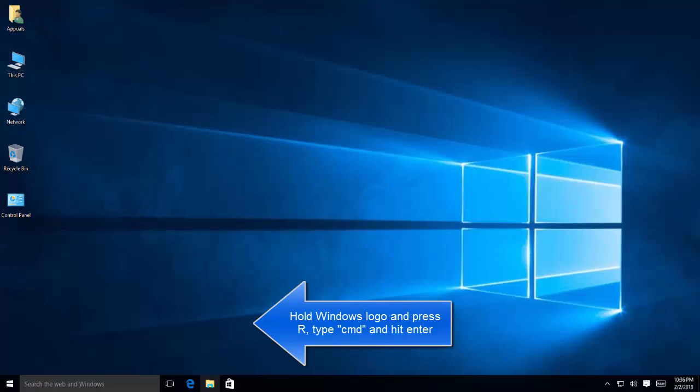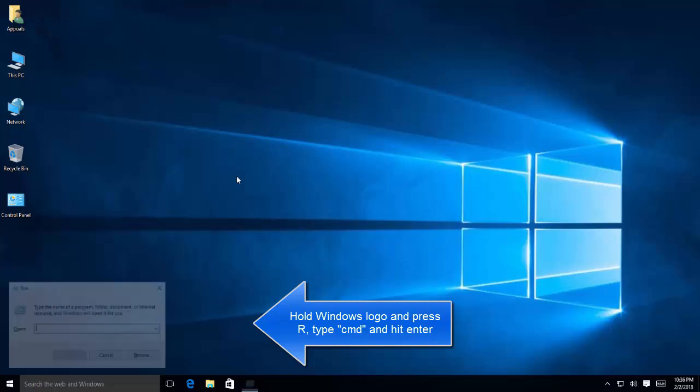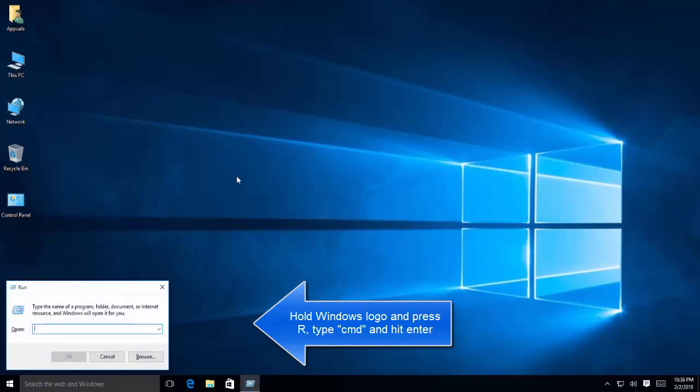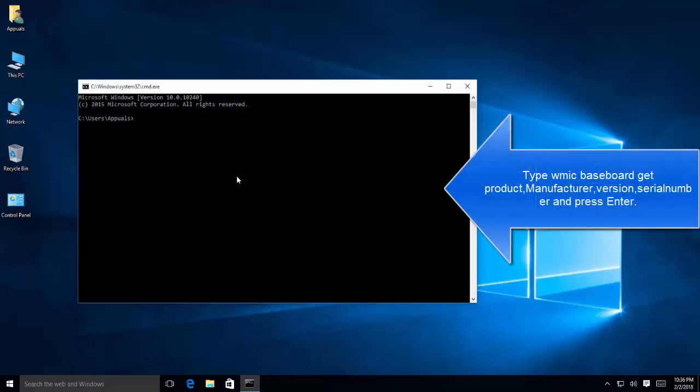First of all, let's use command prompt and see if we can get the product model. I'm going to press Windows and R key and then type in CMD. In the command prompt, write